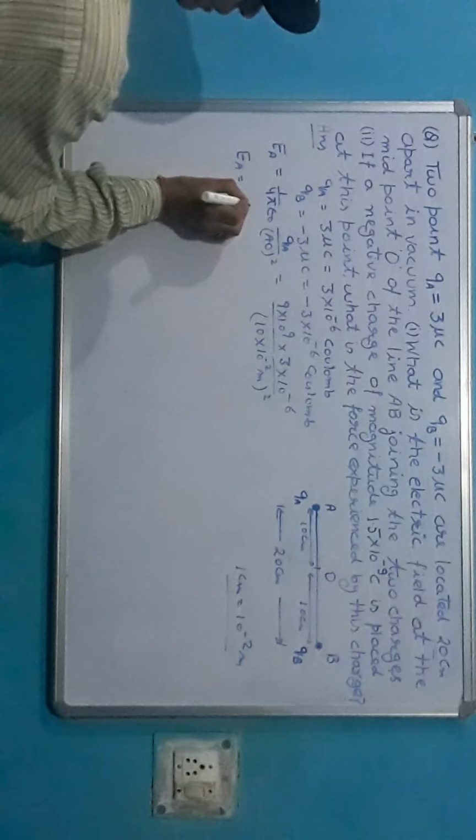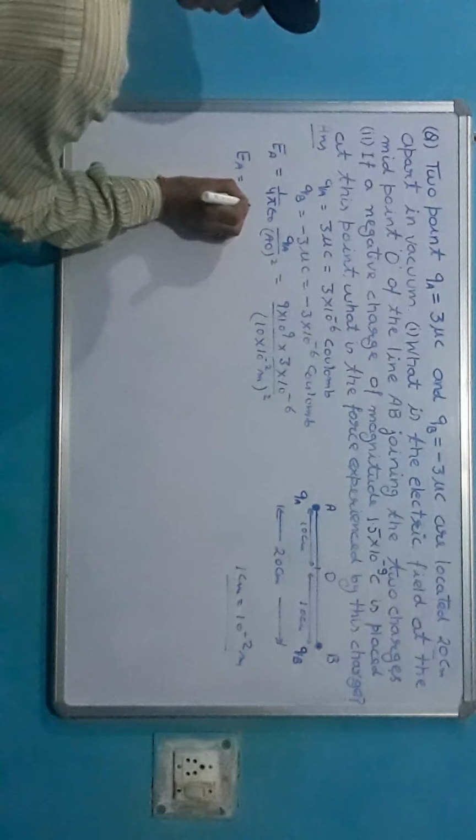I have to calculate the net electric field at point O, that is in the center of line AB. First of all, I consider that the other point charge is not present. That is the principle of superposition. It states that the electric field produced at a point due to several point charges is equal to the vector sum of the electric field produced by each charge, by considering that the other charge is not present. So we are going to once again apply the principle of superposition here.